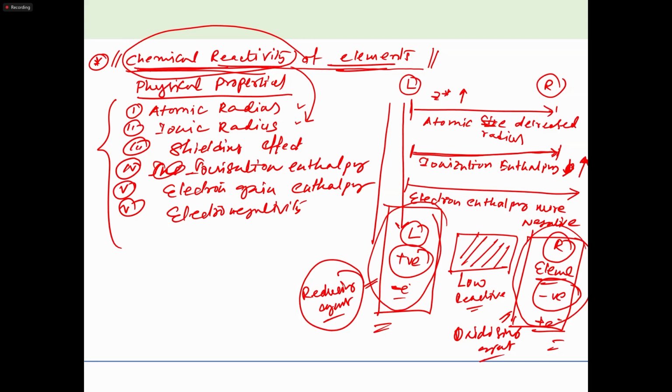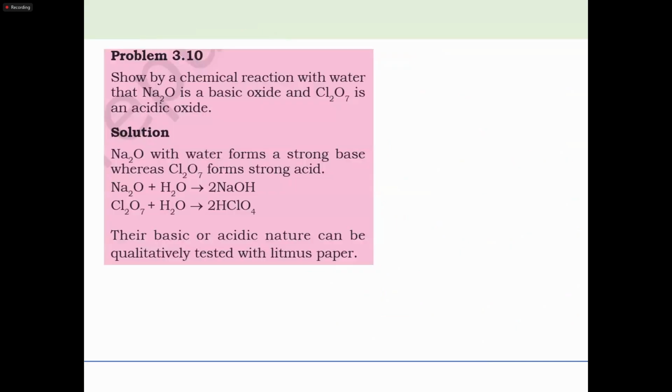It acts as the oxidizing agent. So this pattern is different, but they are reactive. But compared to this central element, they are not as reactive as the left side and the right side element. So here is one example,